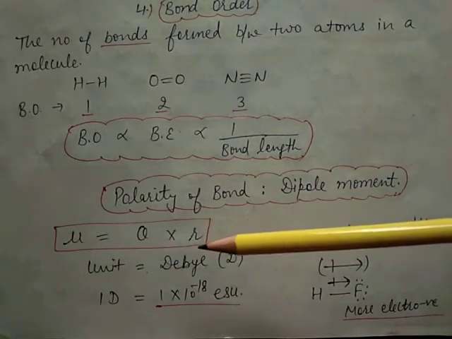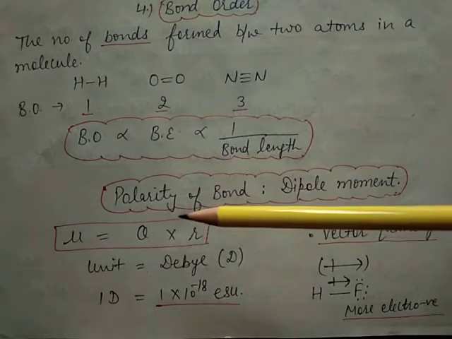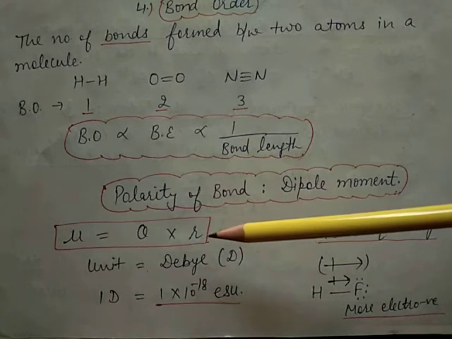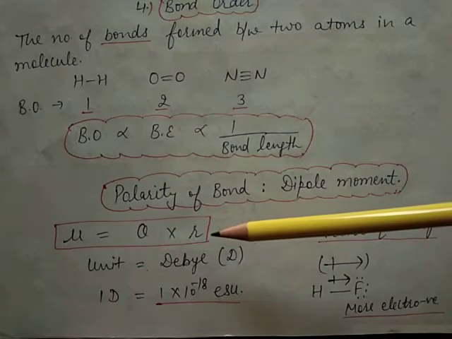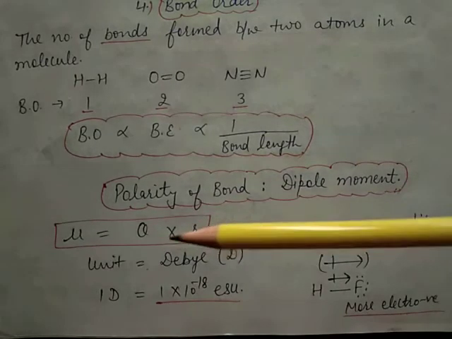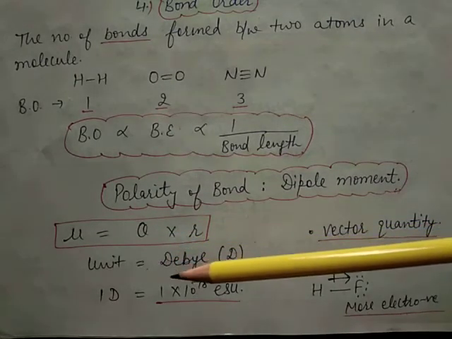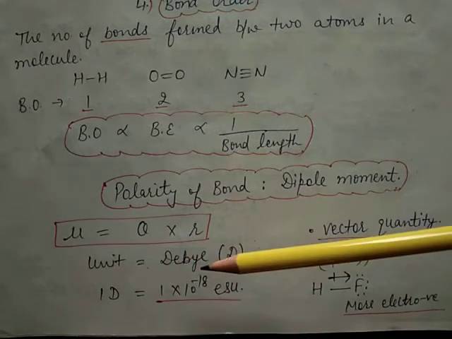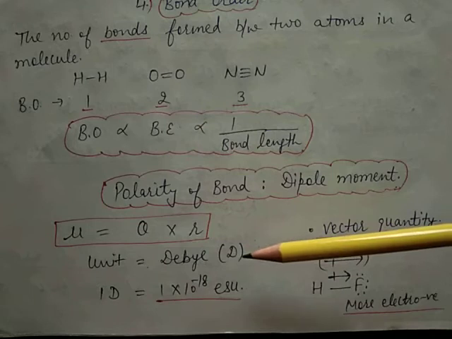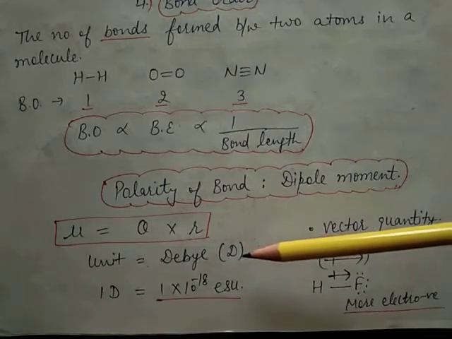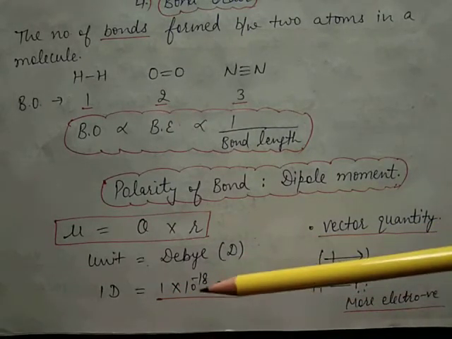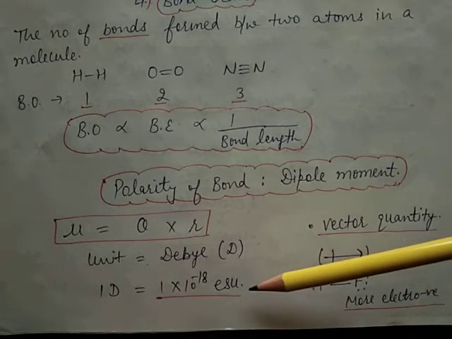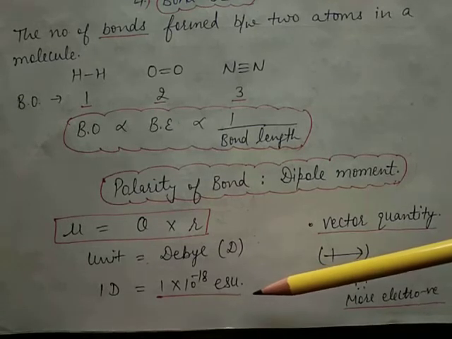So it is defined as the product of the magnitude of charge and the distance between the center of positive and negative charge. The unit of dipole moment is Debye. It is denoted by capital D. 1 Debye is equal to 1 multiplied by 10 to the power minus 18 electrostatic unit, ESU,